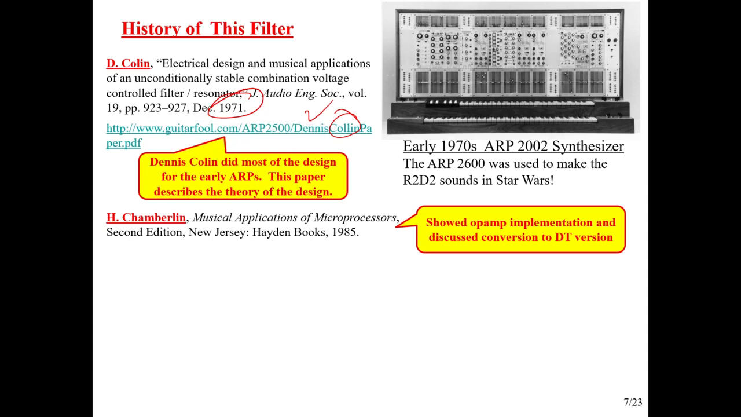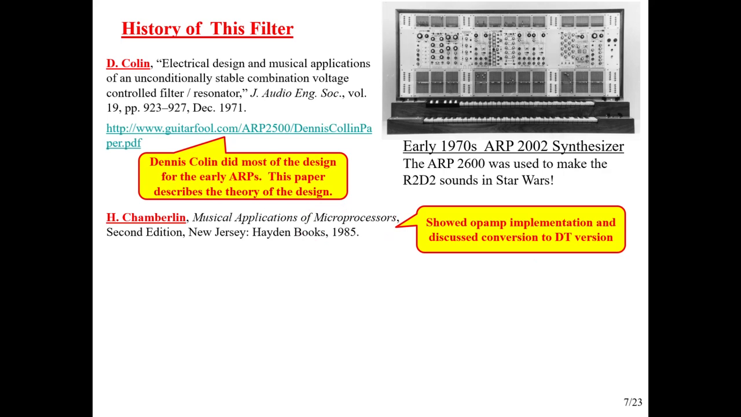And then in 1980, and this is the second edition, 1985, Chamberlain wrote a book. We just were referencing that. And what he did in that book, even though it was talking about microprocessors, he talked about op-amp implementation, as did Dennis Collins, showed op-amp implementation of this, at least in principle. But Chamberlain, true to the title of the book, also talked about how to convert it to a discrete time version. And we're going to basically go down that path with a little bit more detail than might be available